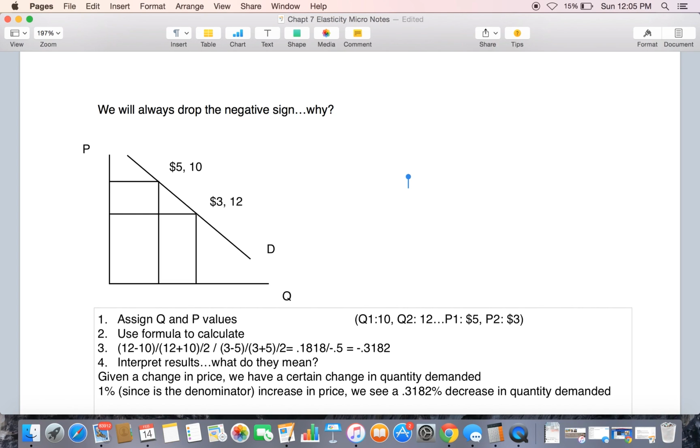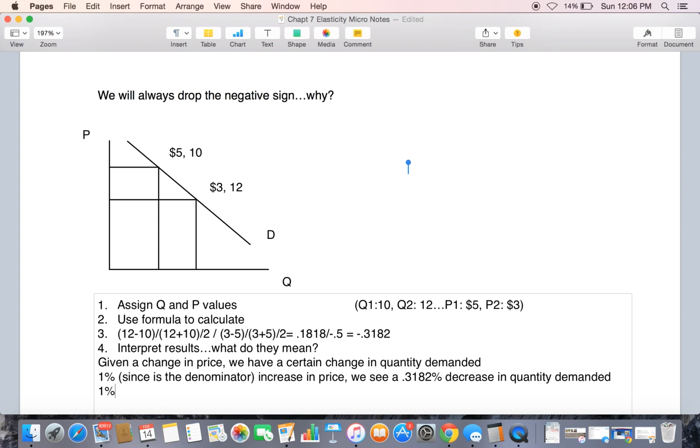Okay, so for a 1% increase in price, we're only seeing a 0.3% decrease in quantity demanded. Otherwise, for a 1% decrease in price, we see a 0.3182, if you want to be specific, increase in quantity